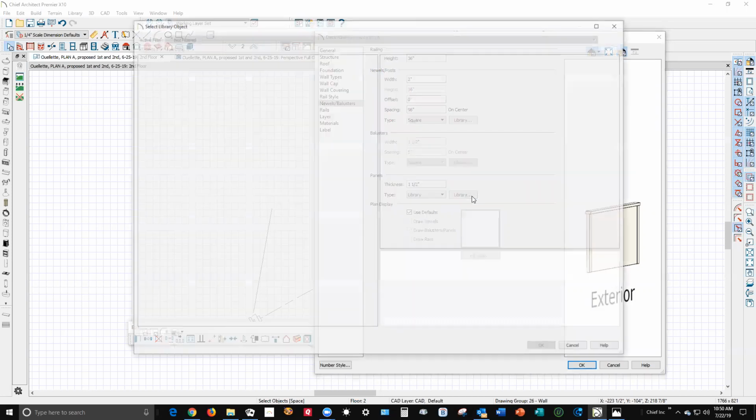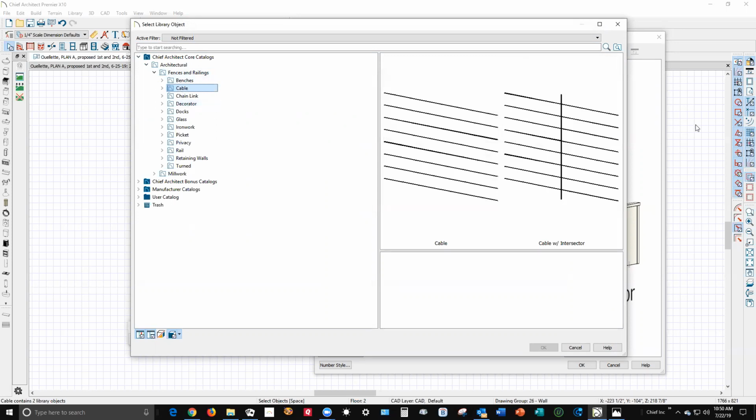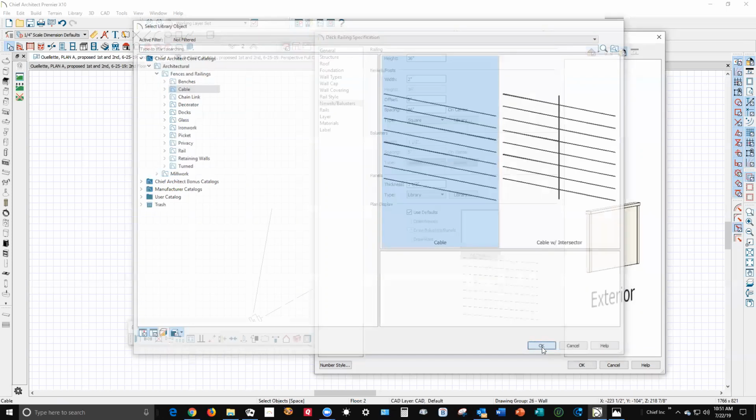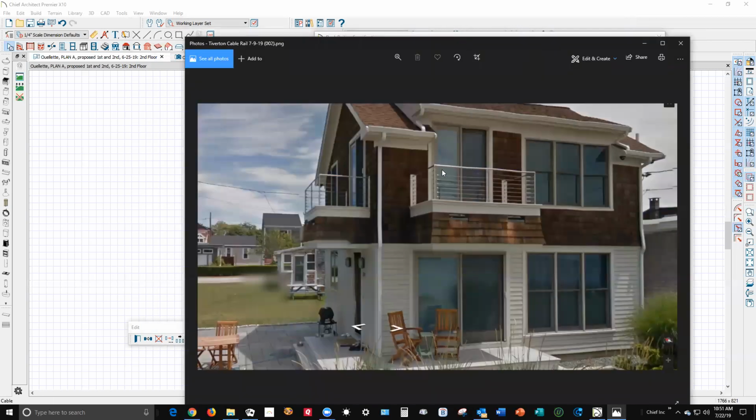I'm going to click on library. And we'll go to fences and railings, cable. Your railing doesn't have this little guy here in it, so I'm just going to select this one. And then, of course, the newels in your picture. I'm trying to drag this over. It won't come. There we go. They look like round 1.25 inch